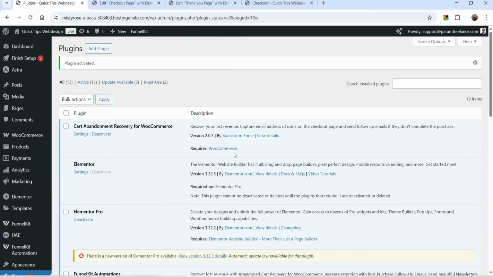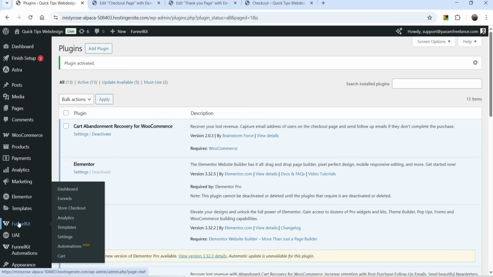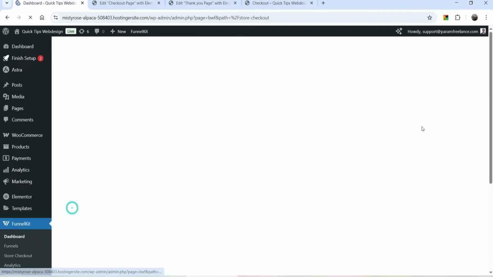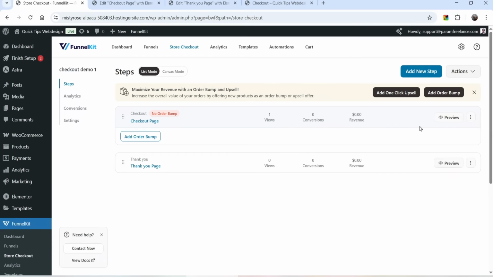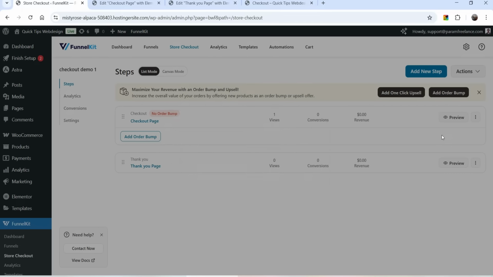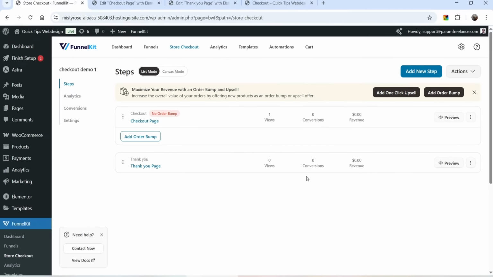And when you install this plugin, you will need to enter the license key so that it will activate the pro version of the plugin. So let's go to FunnelKits again and go to store checkout. Now we are using the pro version of the plugin. So this is the layout that we are using. So I'm going to delete this one and we are going to add another template. So let's click on delete. So we have deleted this